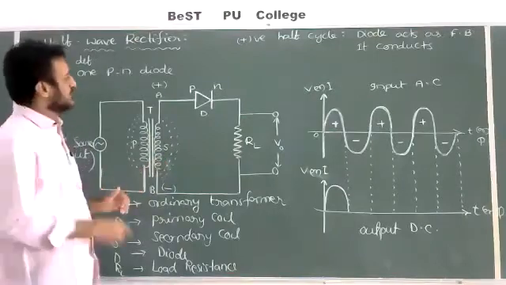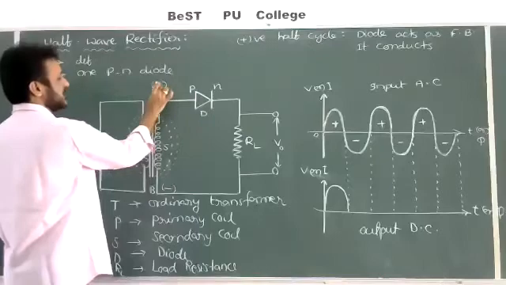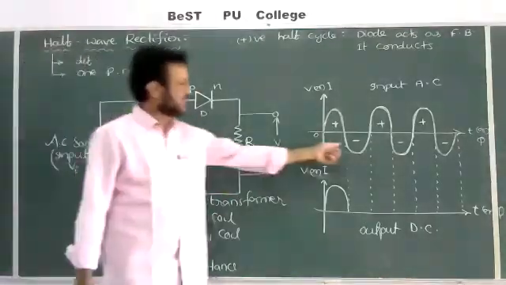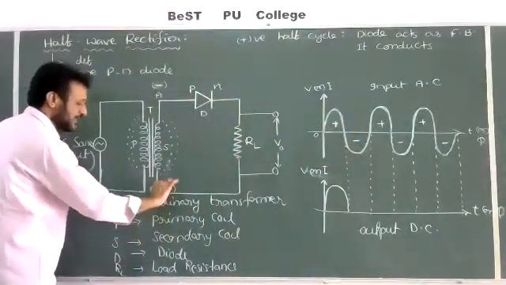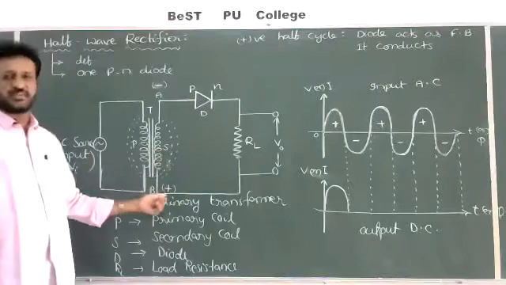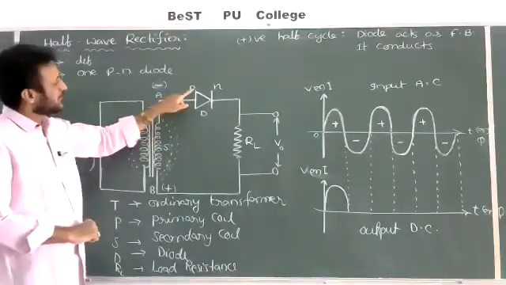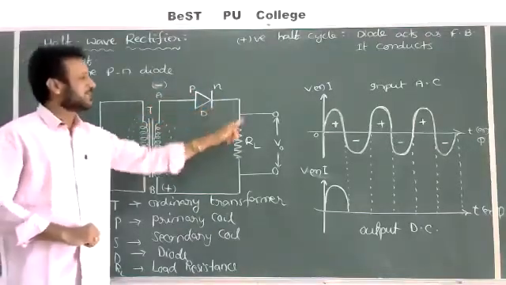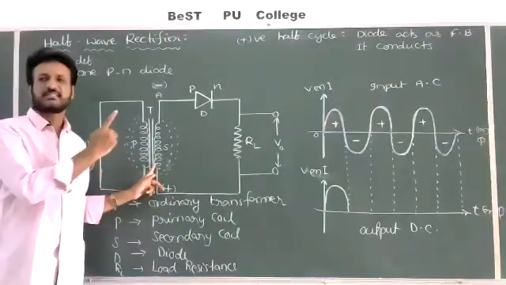So during the second half of the cycle, the upper part of the secondary coil will act like a negative terminal because of the change of direction. So here the symbols will also be changed, and the lower part of the secondary coil B will act like a positive terminal. Now check how the diode will behave. The P-type semiconductor of the diode is connected to the negative terminal, and the N-type semiconductor is connected to the positive terminal, hence the diode behaves as reverse bias.